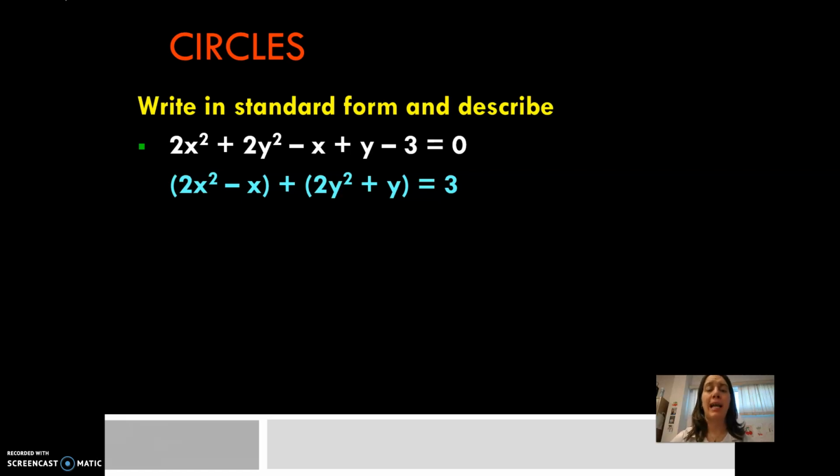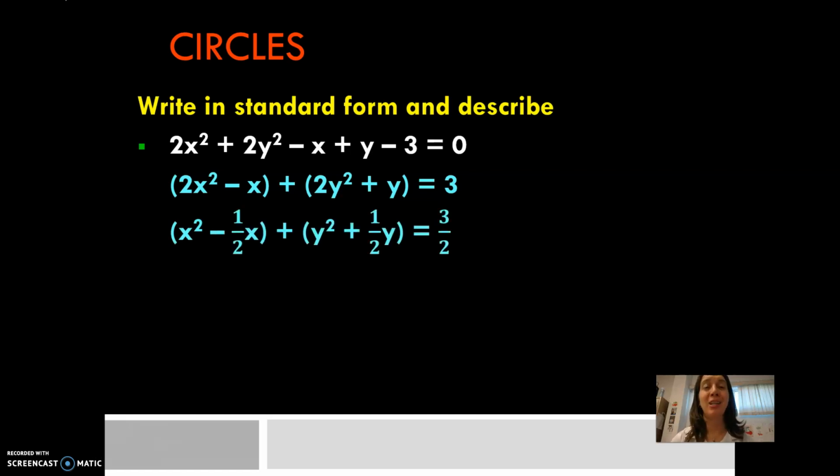Now here's the one extra step that we're going to have to do. Inside of both of those parentheses, I do not want a coefficient on the squared pieces. Well, what do I have to do to get rid of a 2 that was being multiplied? I'm going to have to divide by 2. Now we know I can't just divide by 2 on one piece of the equation. I'm going to have to do it to every single part of the equation,